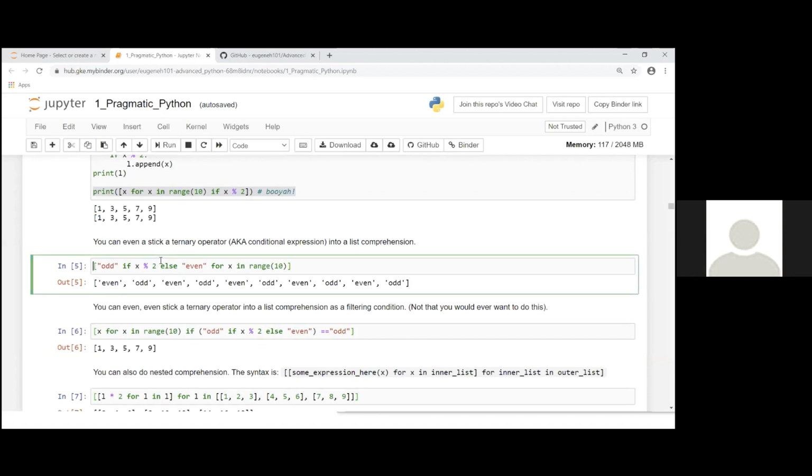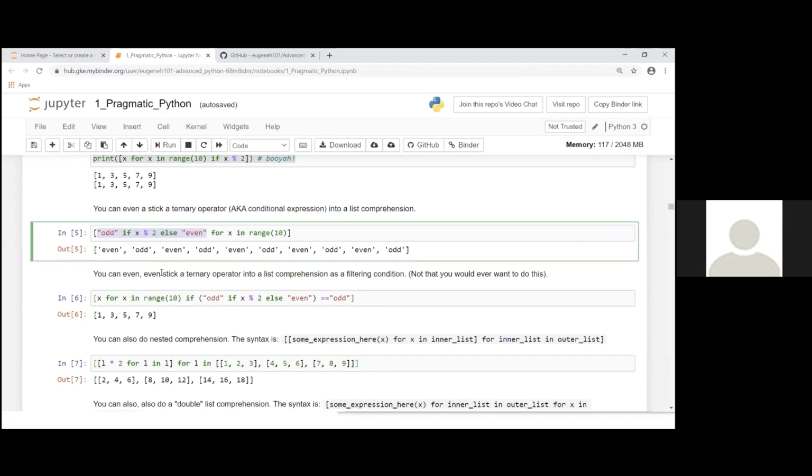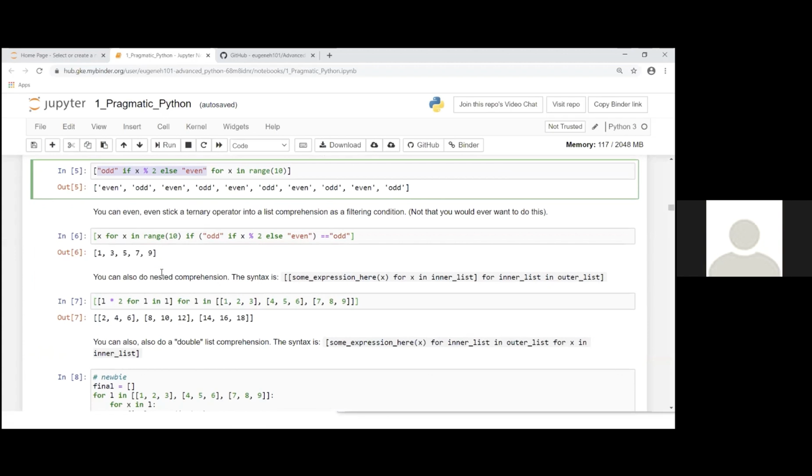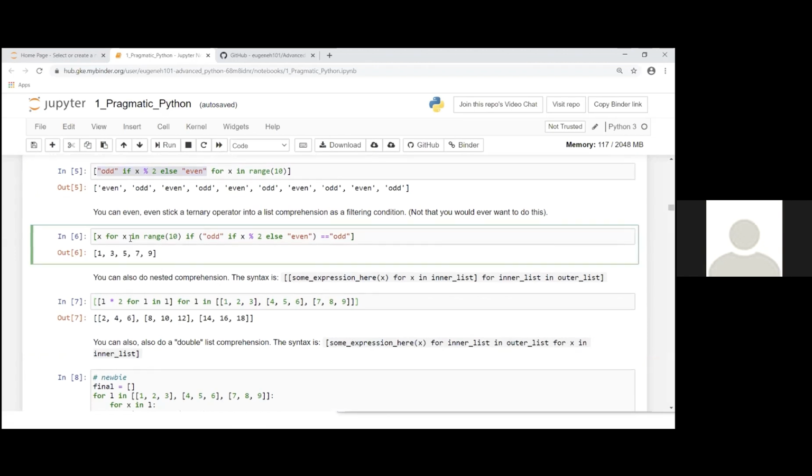And you could also stick a ternary operator inside the list comprehension itself. So for every number in range 10, determine if it's even or odd. In this case, we have a filtering condition and the ternary operator here.